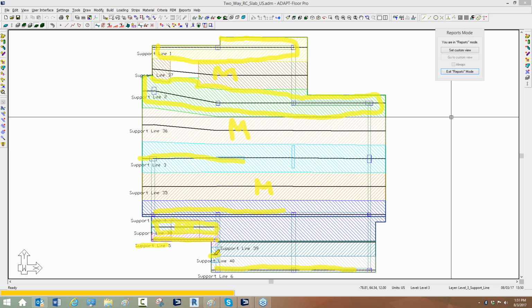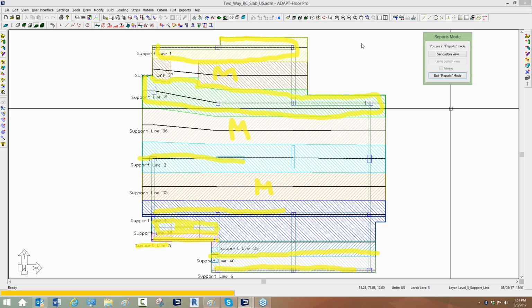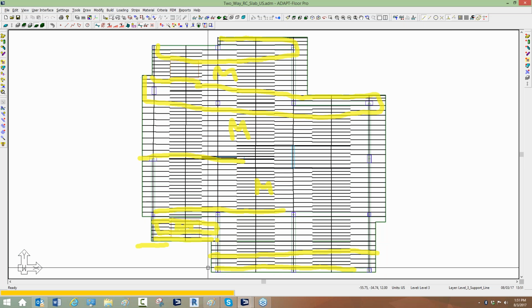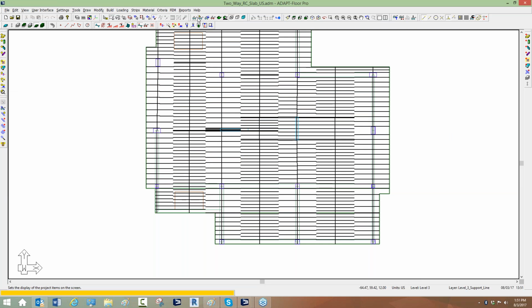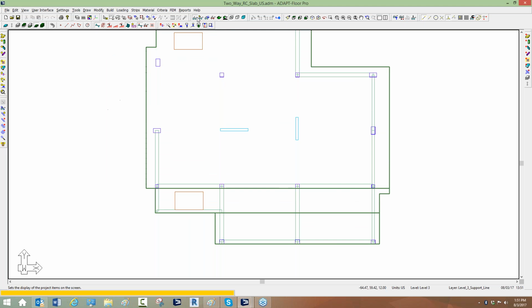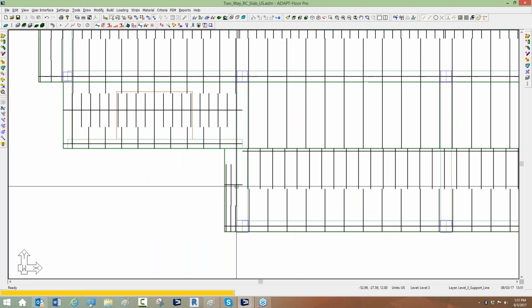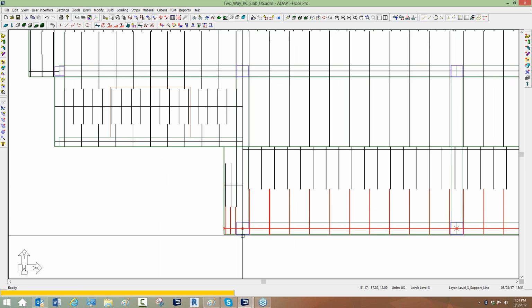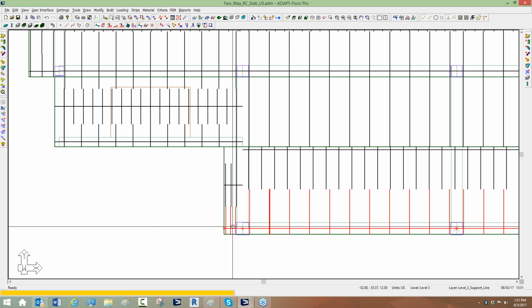You say, well, that's weird. Why didn't this middle strip continue all the way over to here? And I'll show you that now. If we look at the way the support lines are laid out, let me just go to my default and go to X. So this support line at the bottom extends all the way over to the slab edge,